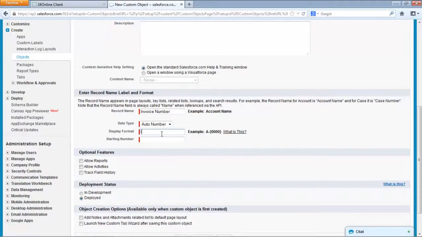So first we need to give a default format. So I give it a format 0000, and we need to give it a starting value. So now let's say I give it a starting value. So first invoice will be INV-0001, next 0002. Let's click on allow reports, allow activities, because if we do not allow activities we will not be